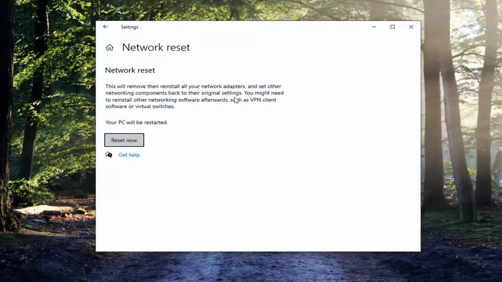So before you proceed, just make sure you have your Wi-Fi passcode nearby, because once we click the Reset Now button, you will have to restart your computer within the next 5 minutes. And once your computer restarts, you will need to enter back in your Wi-Fi password in order to get back access to the internet. And like I said, it's going to restart within 5 minutes, so you probably want to just close out of any open programs you have as well, save your work, and then when you're ready,